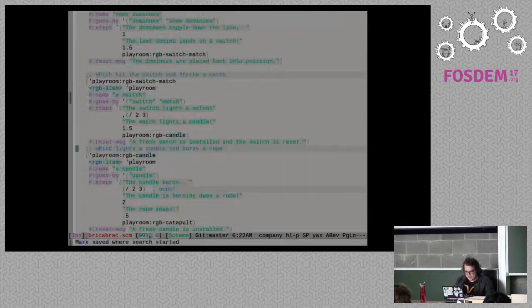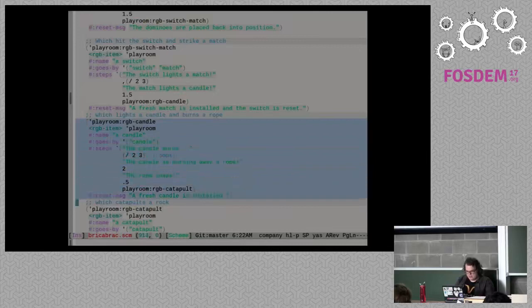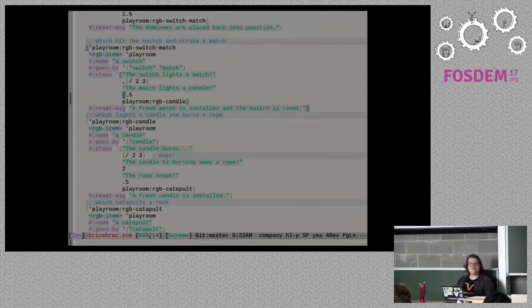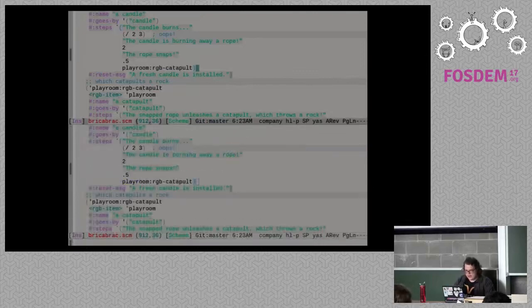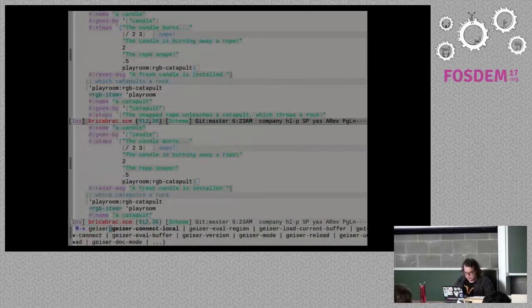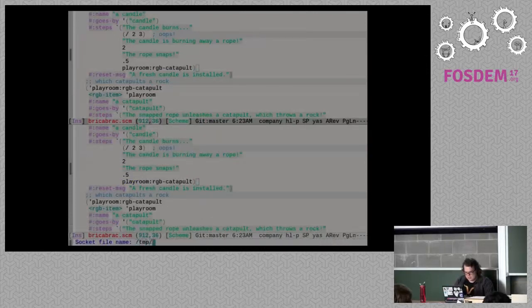Now you can see it says the candle burns as the steps, and then, ooh, I've made a mistake. So you can see it's a quasi-quote mistake. Classic mistake. People who use quasi-quote are always forgetting to unquote things, and that's me right now, right? So what I should have done is connect to the REPL live of this. So geyser connect local TMP 8 sync socket. So there's a REPL running, so I can edit the program while it's running.